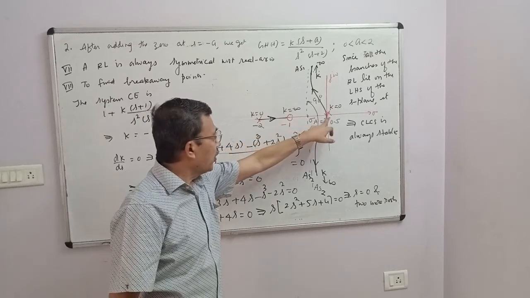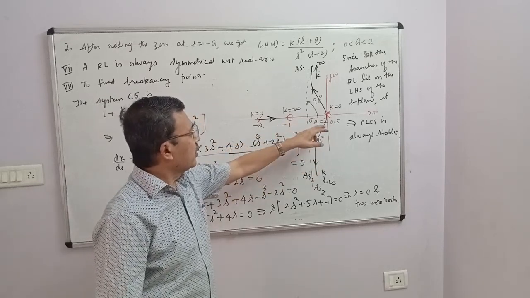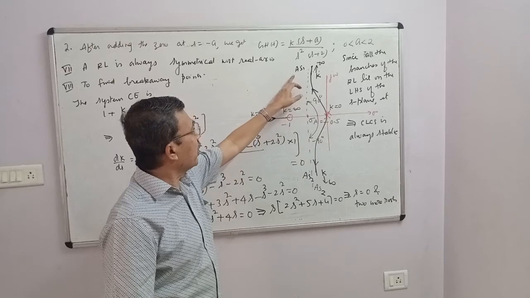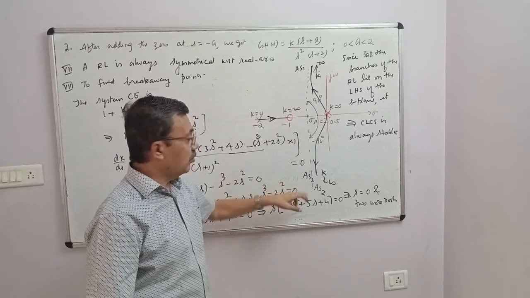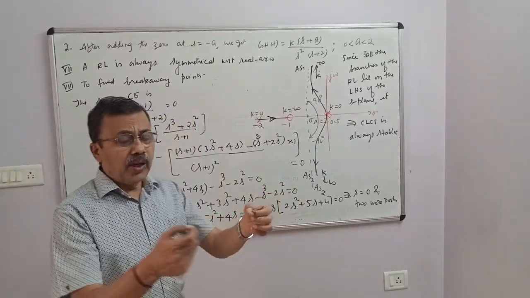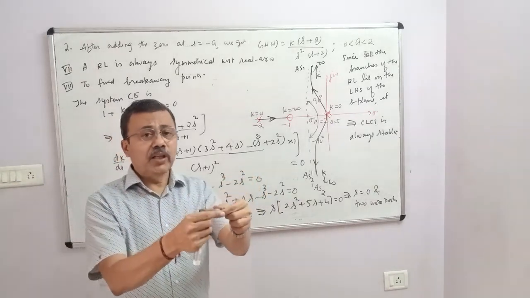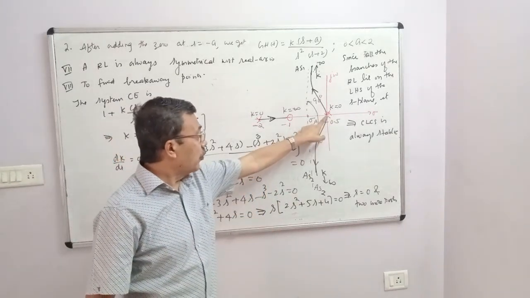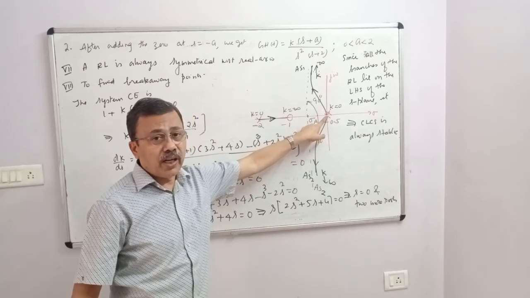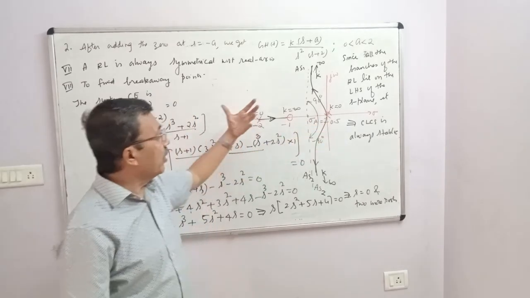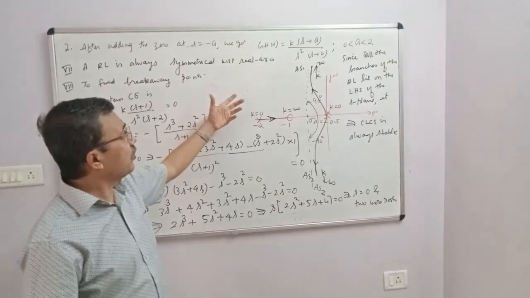Since both the poles are at the origin itself, one of them will go along AS1, the other one will go along AS2. So normally a breakaway point comes when both poles move towards each other on the real axis and meet at a point. Here they have already met. Therefore the origin itself can be viewed as the breakaway point. So by adding a zero, we have found that an unstable system has become stable.